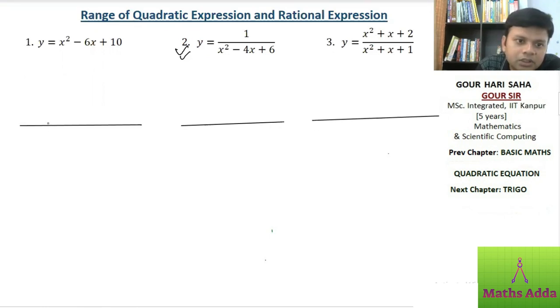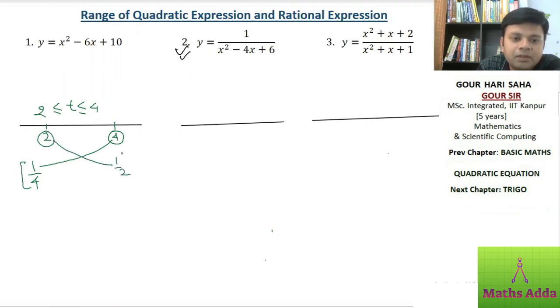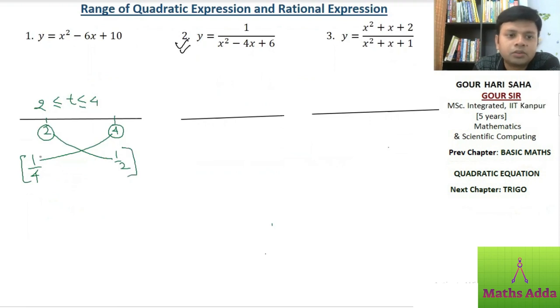I am taking three different types of intervals here. I take t from 2 to 4, like this one. So 2 to 4, and I want to find the reciprocal of t, that is 1 by t. So 4 is the largest number. If you take its reciprocal, it gives you 1 by 4, which is smallest. 2 is smallest, and when you take its reciprocal, it gives you the largest, that is 1 by 2. So 1 by t will be from 1 by 4 to 1 by 2. See here, it is equal to at 4, so it is closed. It is equal to at 2.